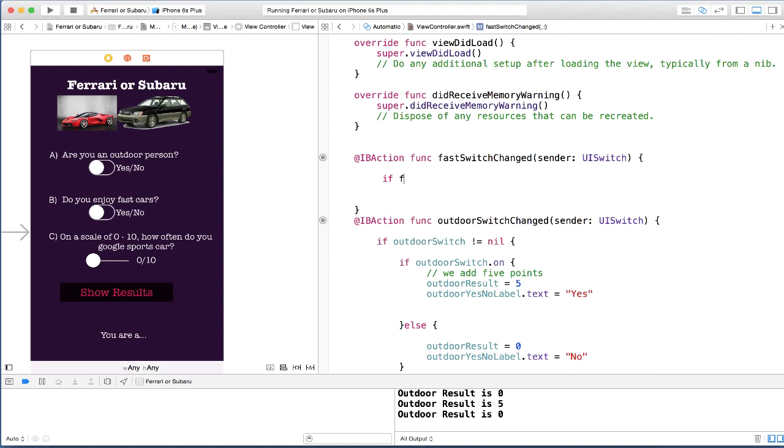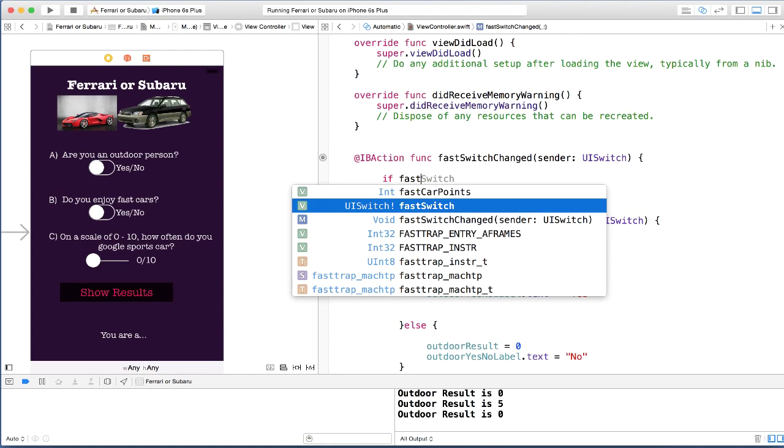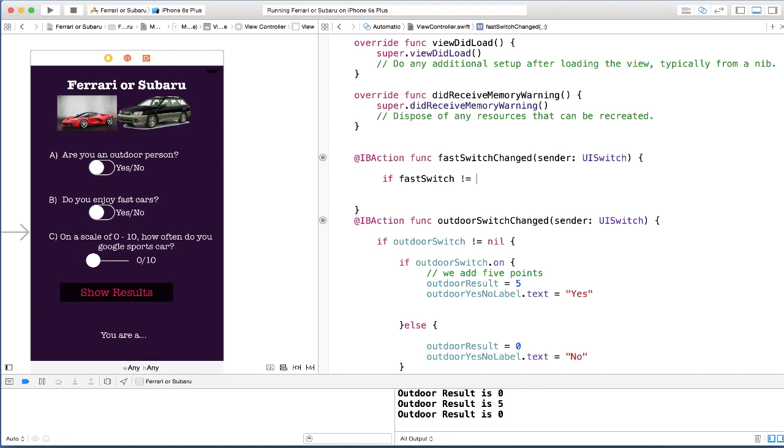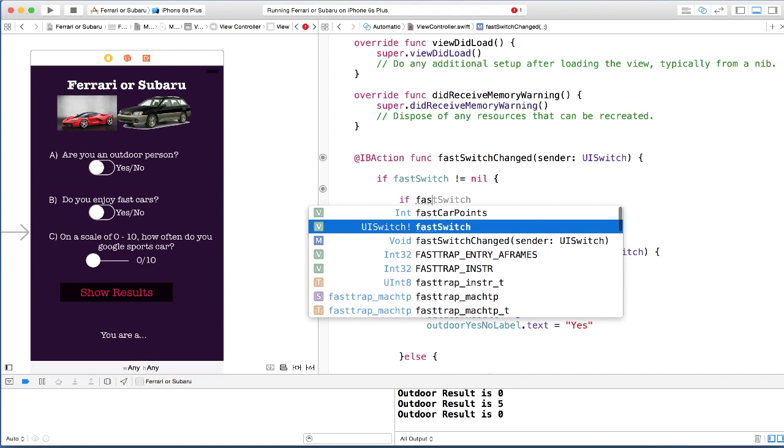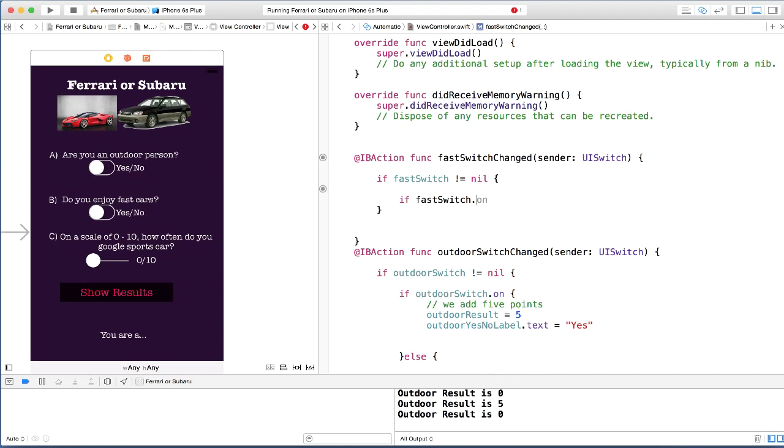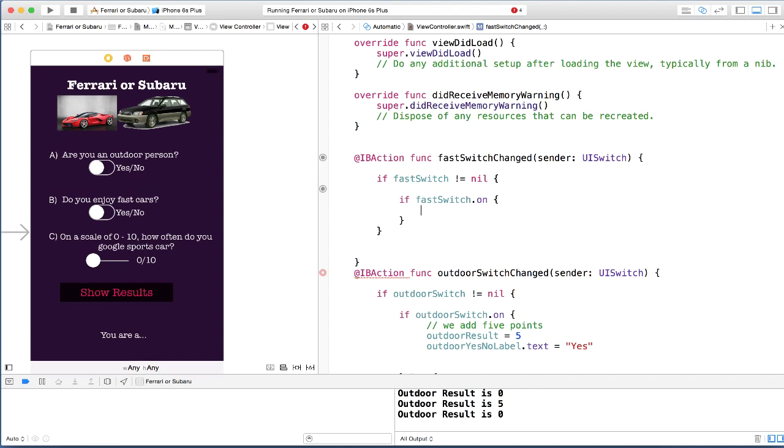So if fast switch is not equal to nil, checking, make sure that, all right, and then we say if fast switch dot on. So if that is indeed on, if they selected yes, then what we want to do is add 5 points.